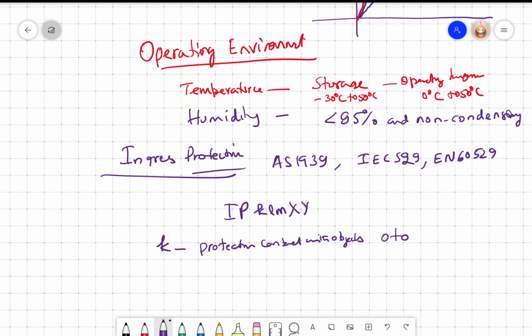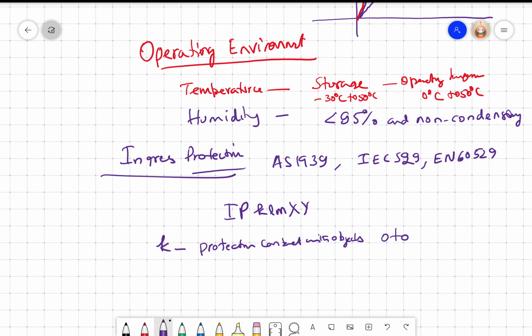4 would be 1 millimeter particle, and 5 will be dust proof, right? Which means it can work under a dusty environment. If it is 6, it simply says the transducer will work in any kind of environment, right? You don't have to really worry about it. Similarly, the other